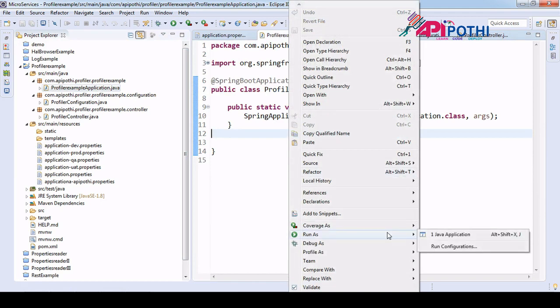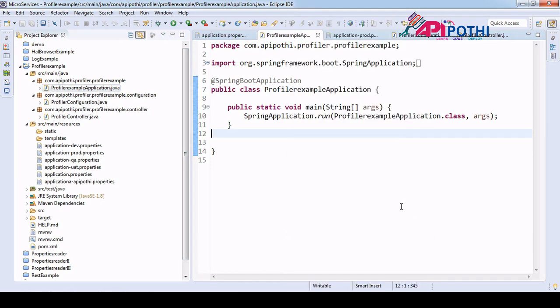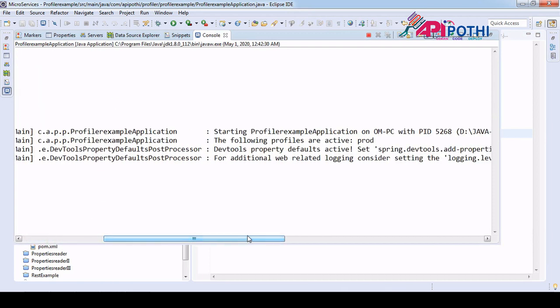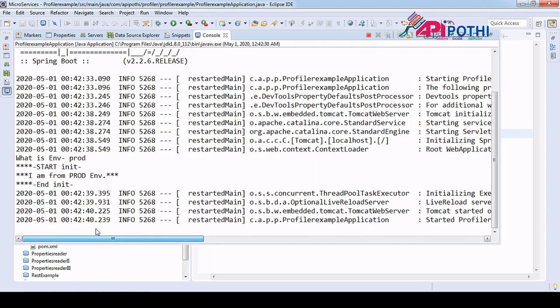Right click, run as Java application. The profile got loaded but the key hadn't matched, that's why it threw the exception. If you see, what is the environment? Prod means PROD, init method started, init method end, and I am from prod environment.